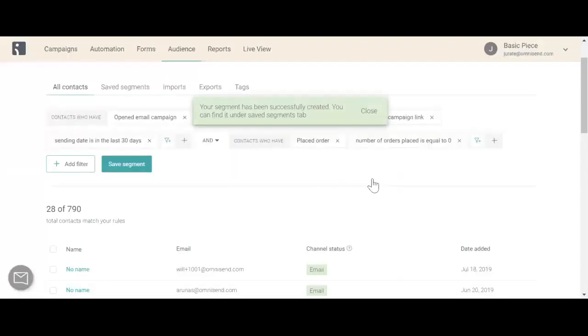Okay. Why are we creating this segment? As mentioned before, we don't want to send our promotions to all of the contacts, because some contacts might no longer be even interested in your deals. So we will cover most of those contacts by using customer reactivation workflows. Promotions should go to the customers that tend to open your emails, buy from you, or are engaged with your promotions. For window shoppers, we are creating this segment because they might need a stronger push to